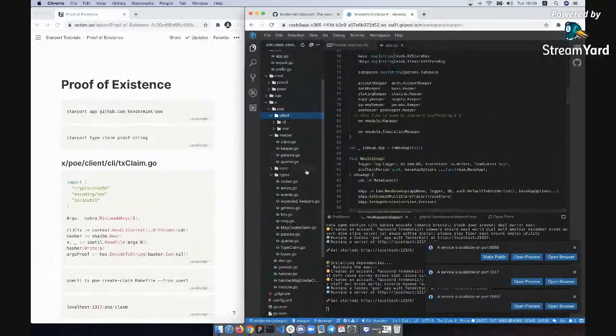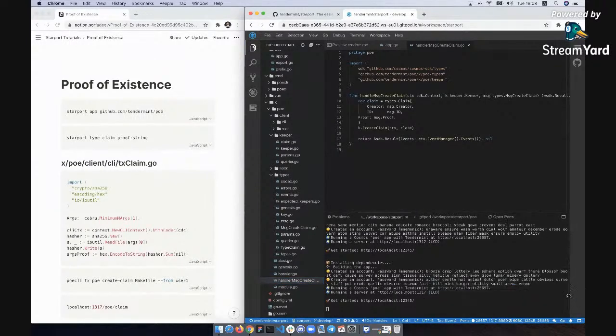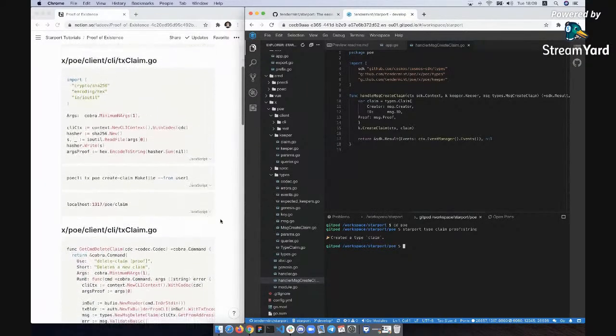So the way Cosmos applications are built is you define messages, you define types, and each transaction may contain several messages, right? And these messages are handled by a handler. So in our case, it's only one handler called create claim. So right now we can pretty much use what we have scaffolded. So let's